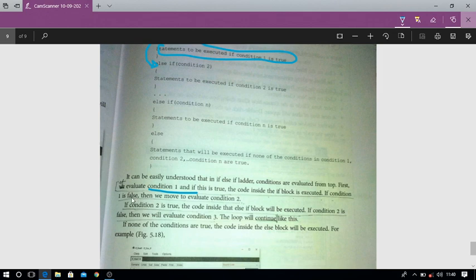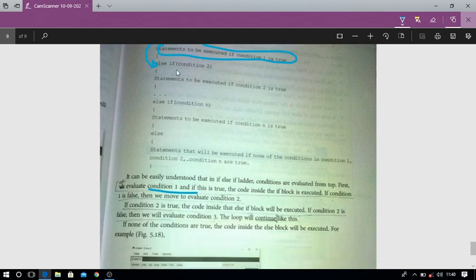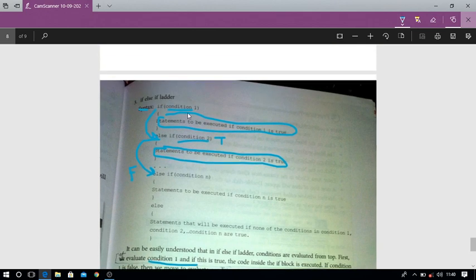If the condition is false, then move to evaluate the second condition. And again, if the second condition is true, then it executes the code inside the if block. Otherwise, it goes to the third condition. That means if the second condition is false. Let's see again.